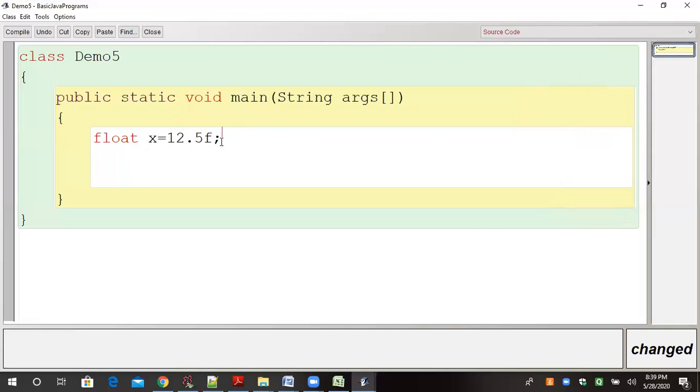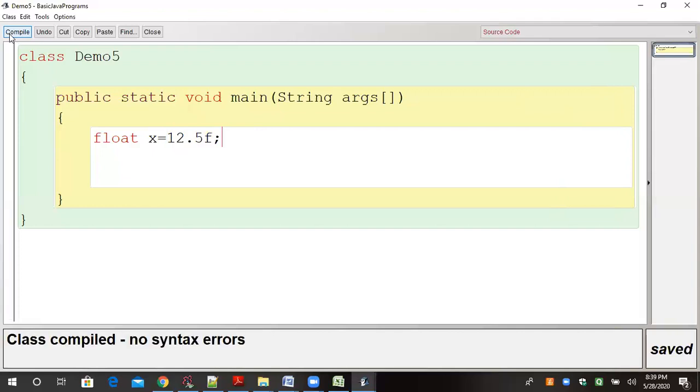You have to put a small f along with the 12.5. इसका मतलब है you have changed the default nature of this value into the float. यानी कि आपने इस value को अब as a float convert कर दिया. Now this complete value will be treated as float and the float value can be stored in X. Now there is no problem. You just compile your code and there is no error.